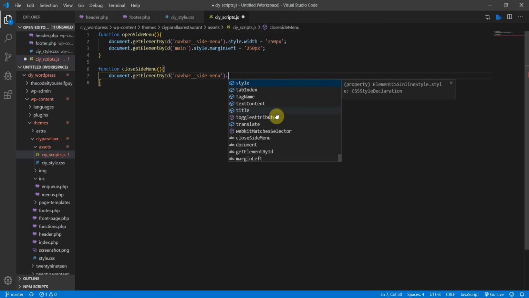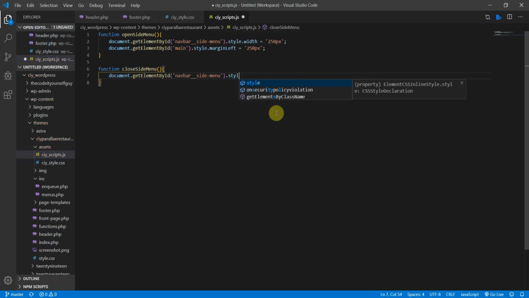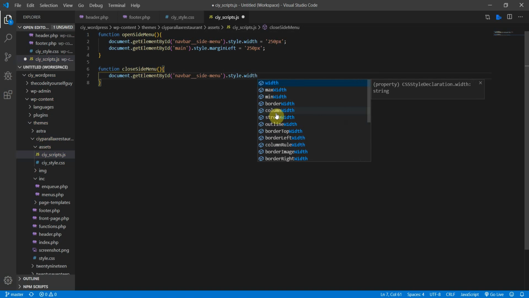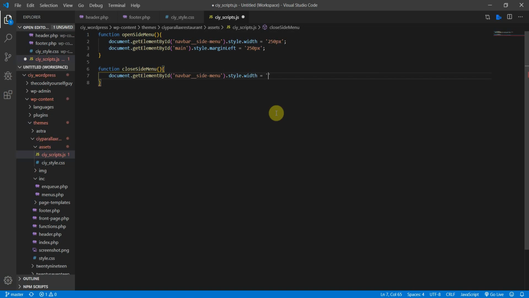When we close it, the width is going to be 0. style.width equals 0 pixels,